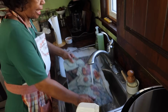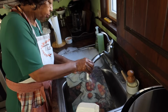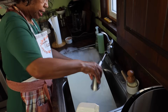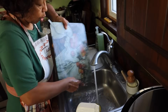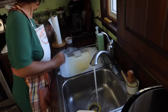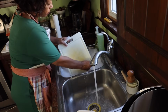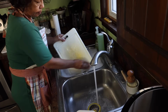And I have got a hands-free trash can. So when I get ready to put stuff in there, especially when it's like goofy stuff, like this chicken juice on these paper towels, I don't have to handle the lid or step on anything like that. You know, just wave my hand over it, it's hands-free, and it opens up and I can drop them in. And setting that chicken in the fridge for about 30 minutes just allows me to kind of get this cleaned